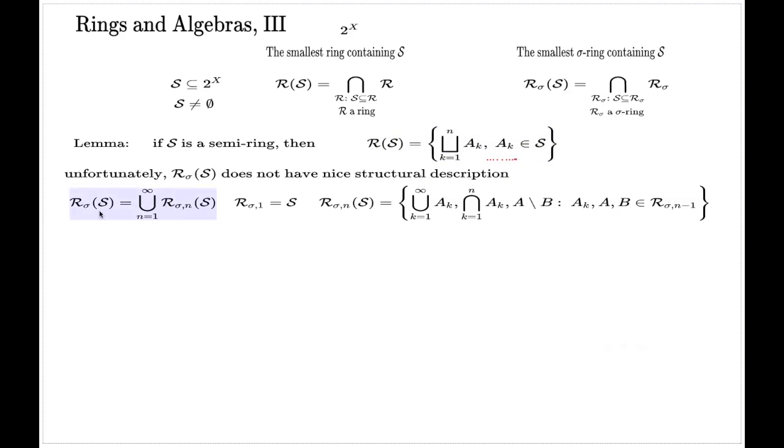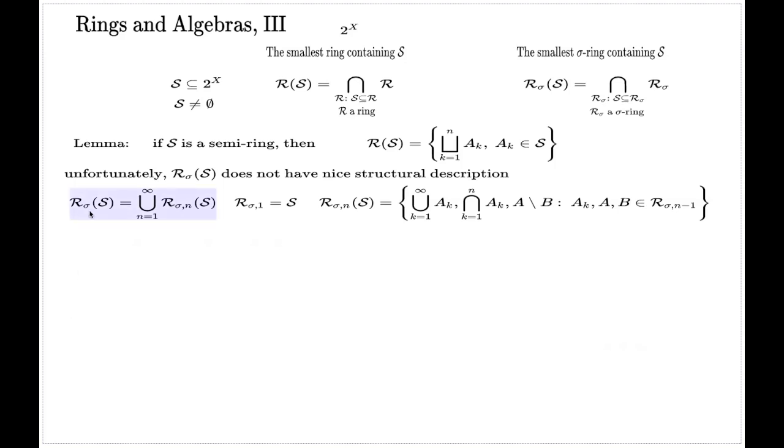This is an objective fact of nature that this minimal sigma ring containing a given collection, even if this collection is a semi-ring, doesn't have a nice structural description. This is something we're going to struggle with a little bit later by introducing far more interesting constructs, but let's just wait until then. In the second part of this slide,